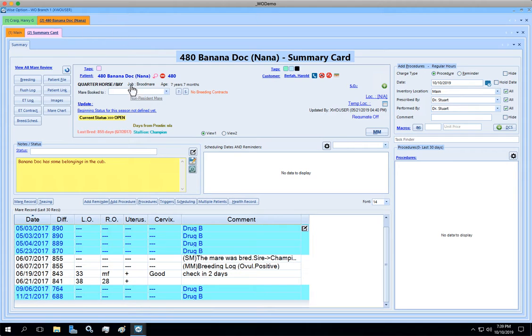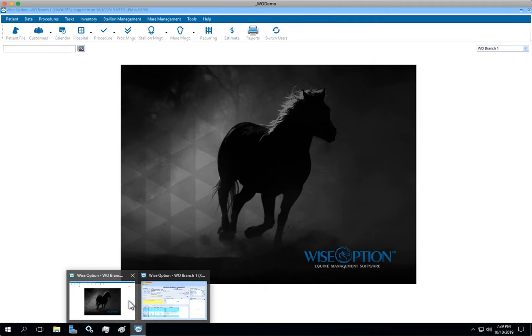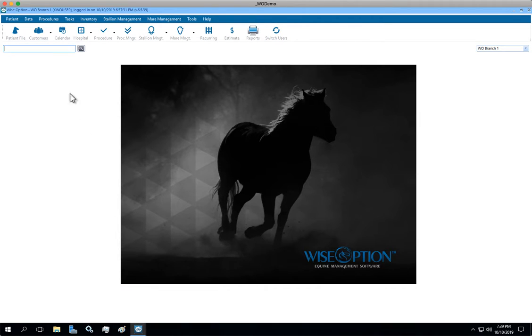If I move my mouse, go down here to the bottom on the taskbar, I'm going to see the windows that are open. So I have two WO6 option windows open at this point. The current one I'm at and the main screen, the main window. I'm going to return to the main window and I'm here going to open my calendar,